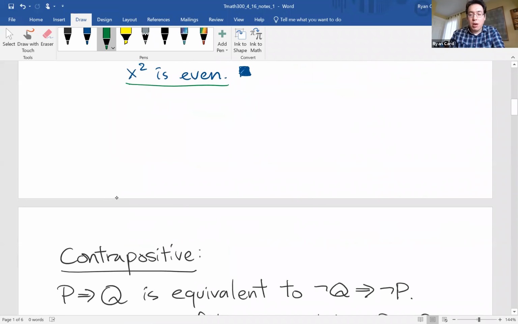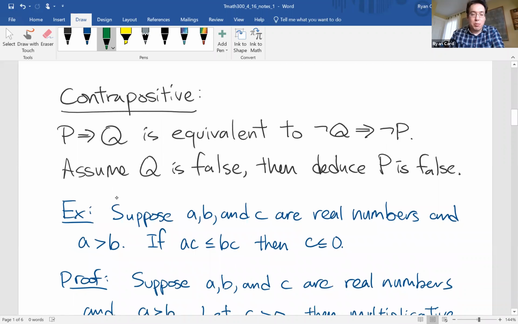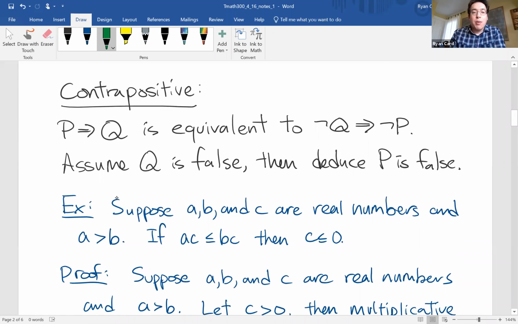Okay. All right, so how else would you be able to prove something like that? The next method of proof is called contrapositive. Sometimes things get a little bit simpler if you phrase it as the opposite of the implication. So instead of saying P implies Q, that happens to be equivalent to not Q implies not P. Now, P implies Q is different from Q implies P. The direction of the arrow matters, but when you flip